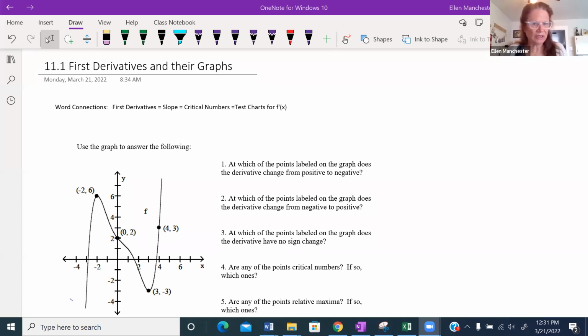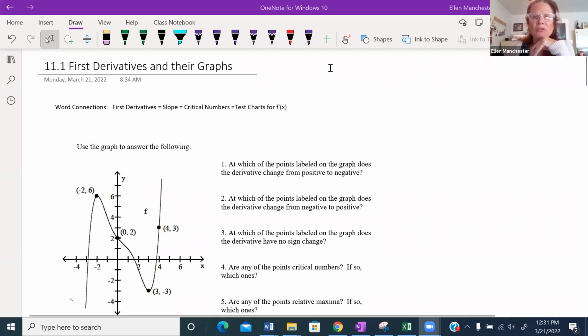Okay. So I know there's going to be a few that aren't going to be here today, just because of having to go in between classes and home and all of that. So what I wanted to do is at least keep us rolling in this new section. And this section isn't too bad as far as the algebra part goes. We're coming into chapter 11, and chapter 11 is kind of the apex, if you will, or the top of this class. We're getting to the point where we're going to be able to